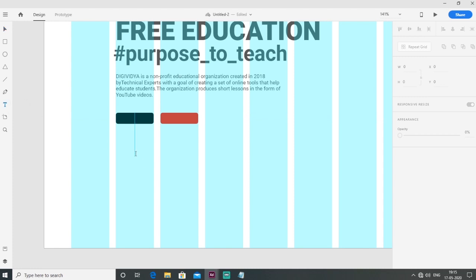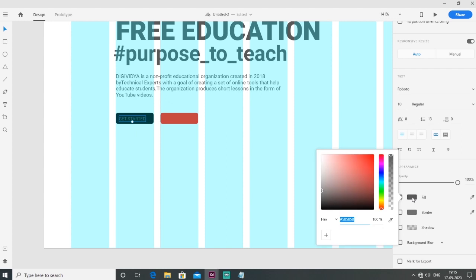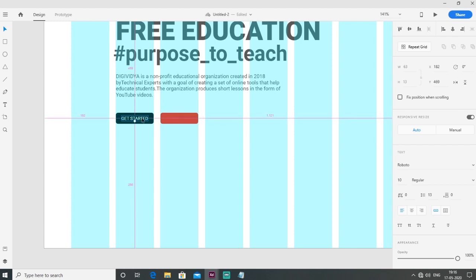And go to the text tool. And my size is 10 and font color is white, and I just align this.